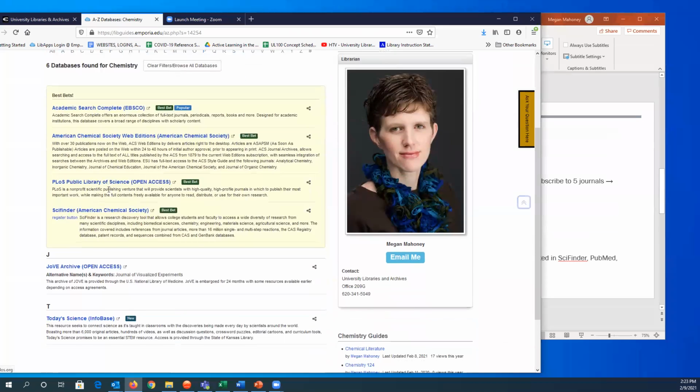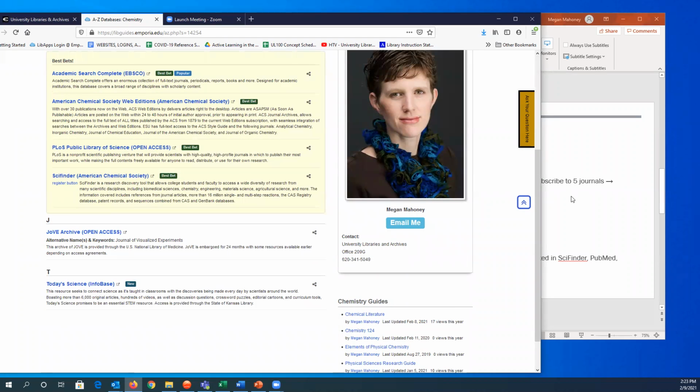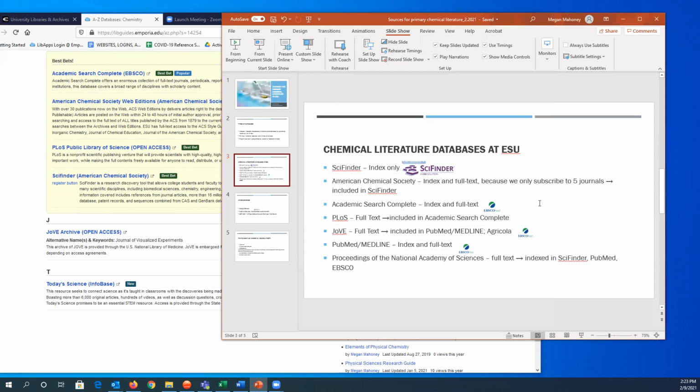Now, another title that's not on this list, but that you might find useful, is the Proceedings of the National Academy of Sciences. These proceedings are indexed in SciFinder, PubMed, and various EBSCO databases. So chances are, if you are searching SciFinder, or Academic Search Complete, or PubMed, you are also searching this publication and will get any relevant results in your search.